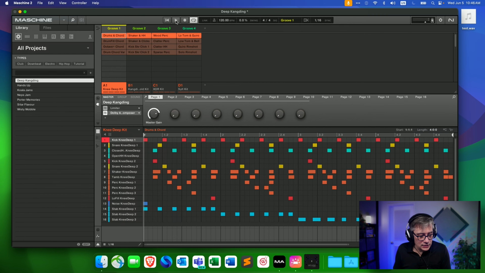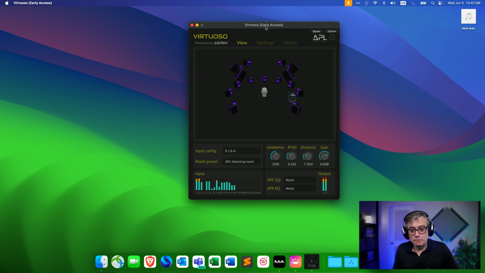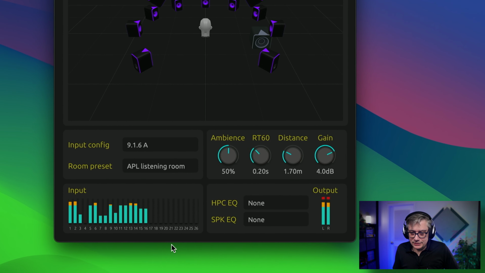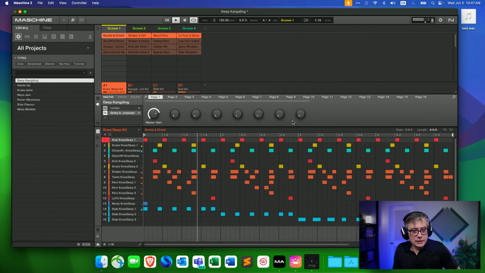Once again, that can be a little bit hit and miss, because what we're really doing is tricking Maschine, bypassing everything, and getting Maschine to do something it's not designed to do, because one plugin takes over the external output, and sometimes the system doesn't want that. So let's just see what we have here. And it actually works well. It's now coming in at Virtuoso, and I could implement head tracking if I wanted to do other things. But this works quite well.